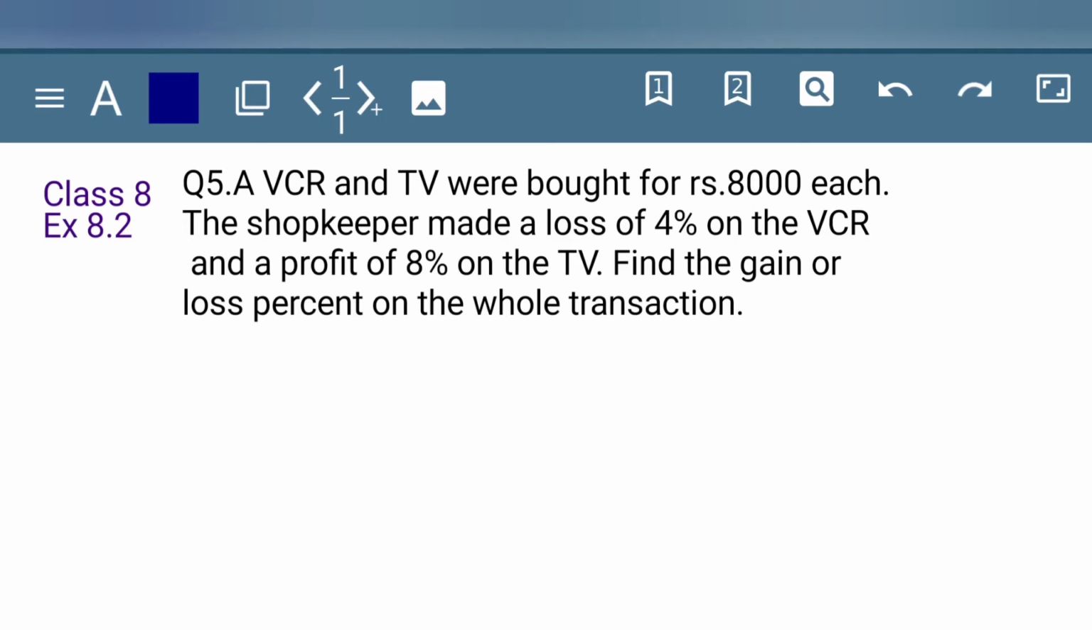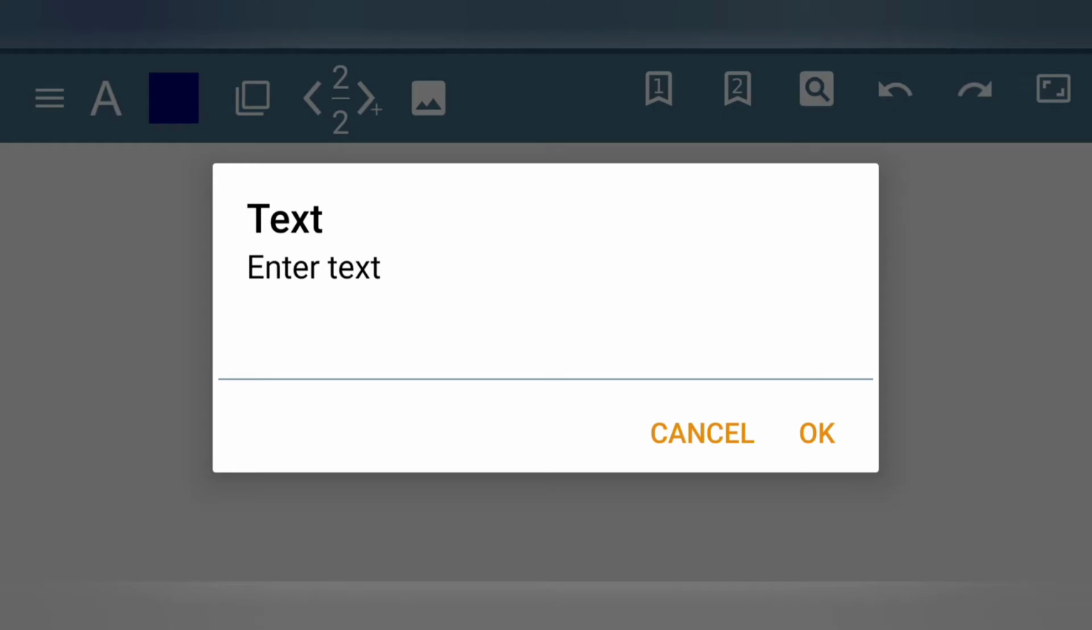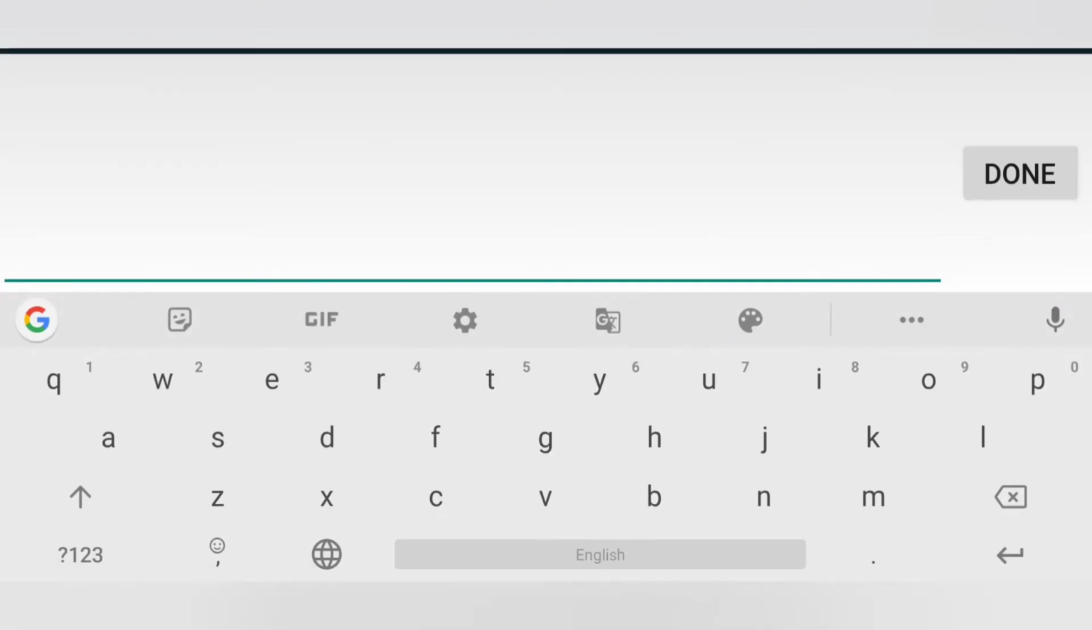This is question number 5 of exercise 8.2 of class 8 NCERT. In this question, it is given that a VCR and TV were bought for rupees 8,000 each. The shopkeeper made a loss of 4% on the VCR and a profit of 8% on the TV. Find the gain or loss percent on the whole transaction. So in this question, we have to